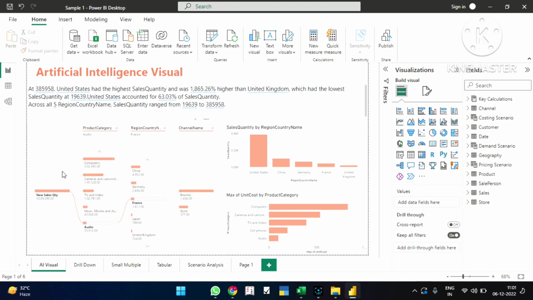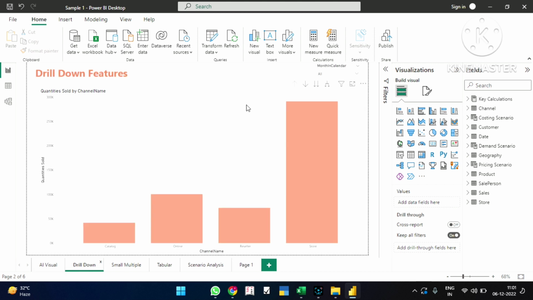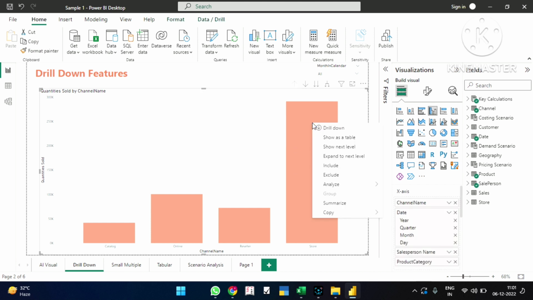We'll move to our next feature. It is called the drill down feature. This is a very powerful feature available with Power BI. It will enable you to look into the minutest detail of the data available with you. So to start with, we have 4 bars representing sales made by each channel. Now we will go into details of each channel. So let's say you want to see the details of